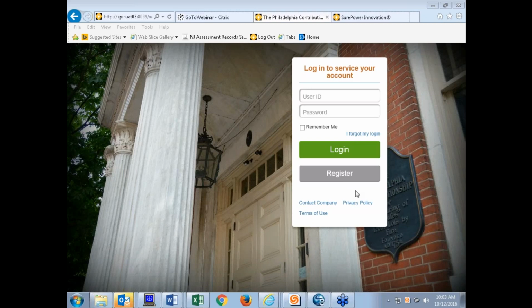All right, so I'm here at the home screen. This is a test environment, so I'm just going to tell you right up front, if there's any weirdness or quirkiness, we're going to apologize in advance for that because this is test, but for the most part, this should go pretty smoothly. So the website for the service portal is